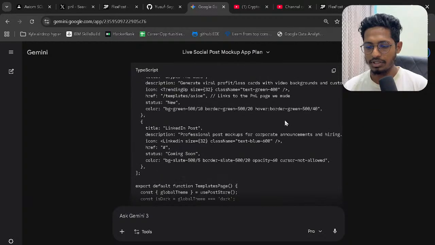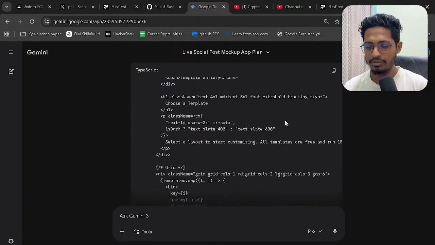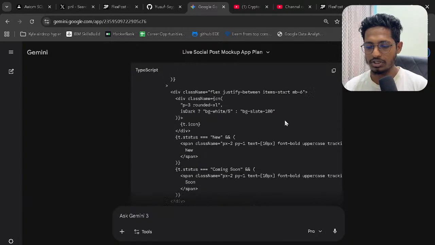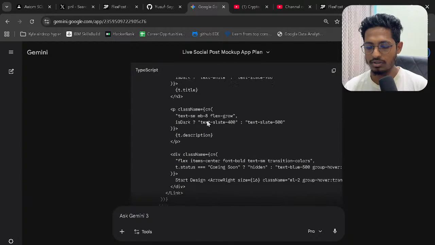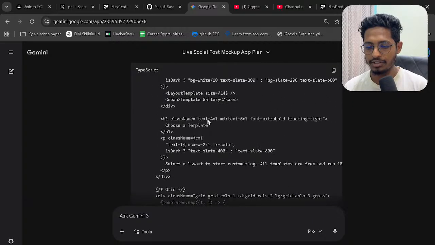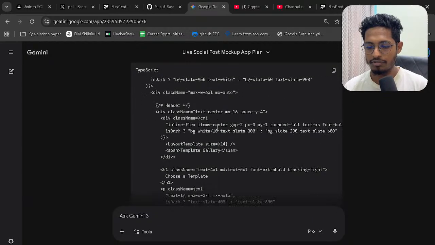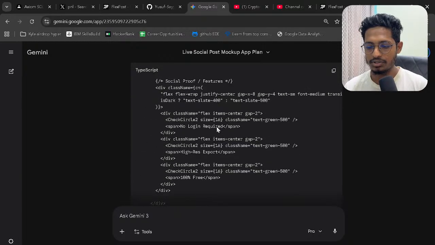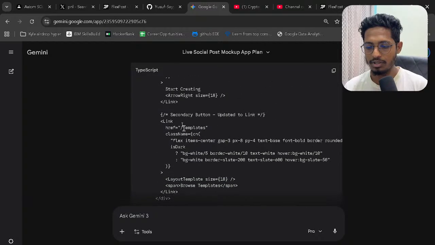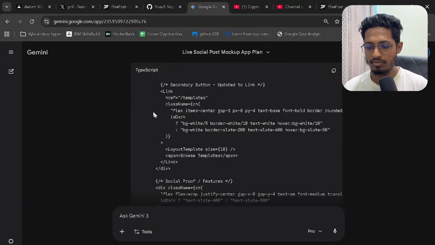We need to edit that button, which is view template. We need to add the link of the page onto that. There's that button, which is browse template. It's here. Yep. So this is the button, secondary button. Let's copy this button,